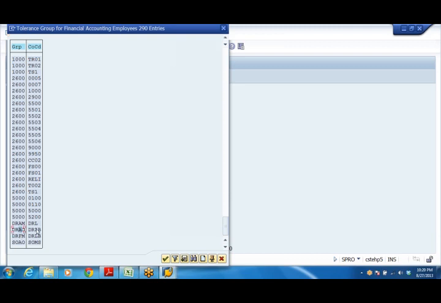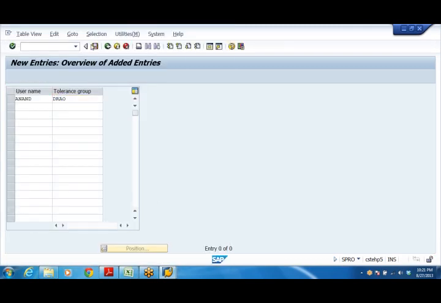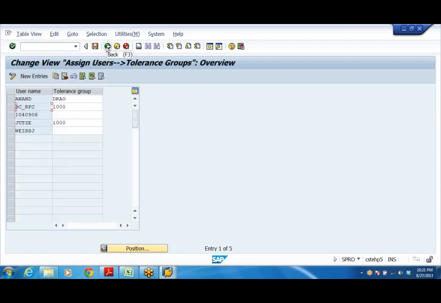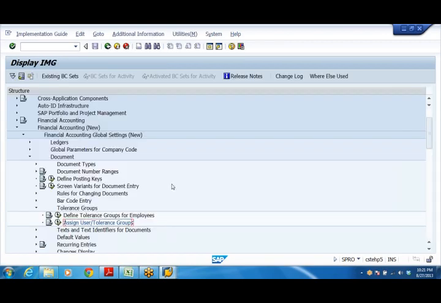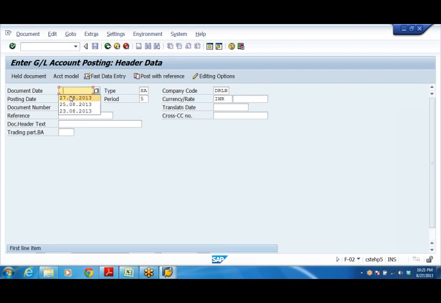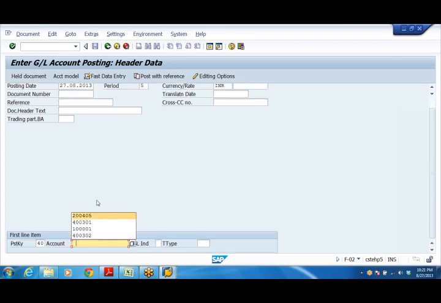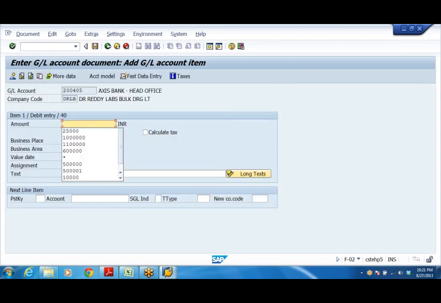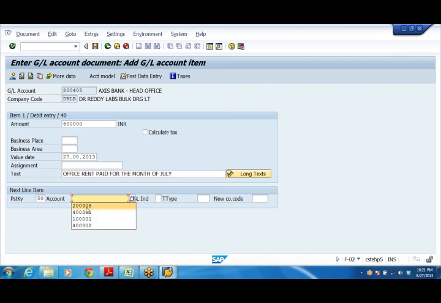Right, DRAO is DRLB. DRFM, DRAO, save it. 204.05. If I take 6 lakhs, let me check whether the system accepts bank account debit to equity share capital account.